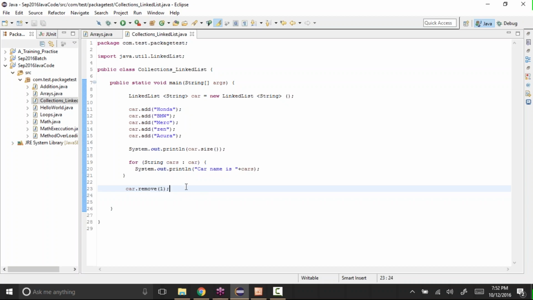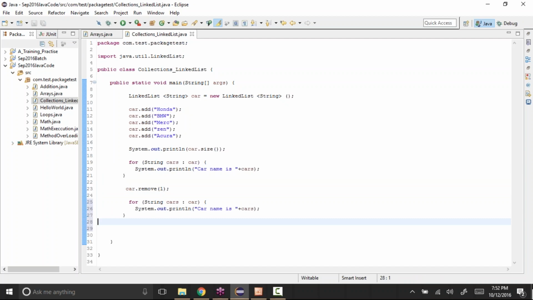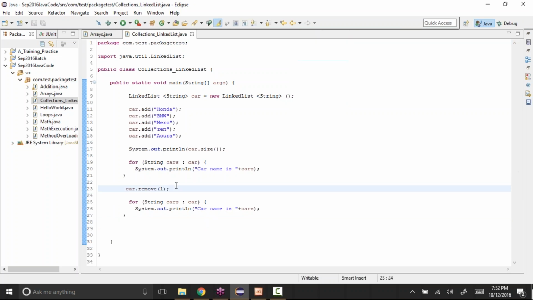And let's again display this. I'll just copy the same code down, so I'm trying to display it two times. Before printing it, I'll just print a line in between them, so that we can see the difference.